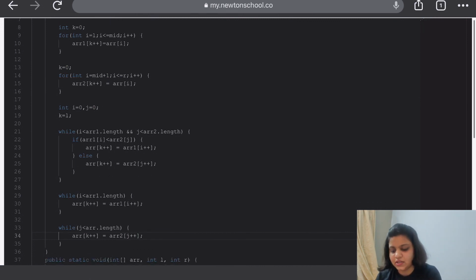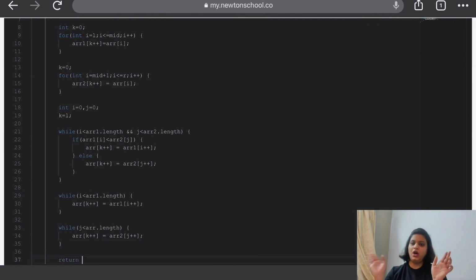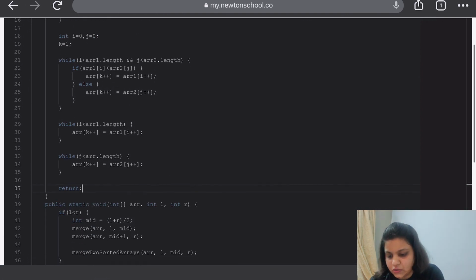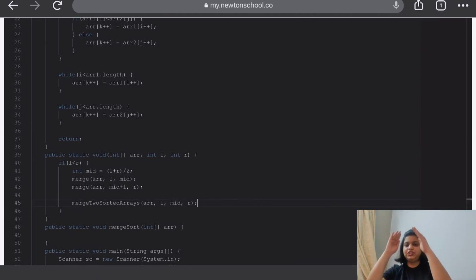After this, all our elements have been added in the array from L to R in a sorted manner, so we can return it. So our merge function has divided it, and the output has also been combined in a sorted manner.